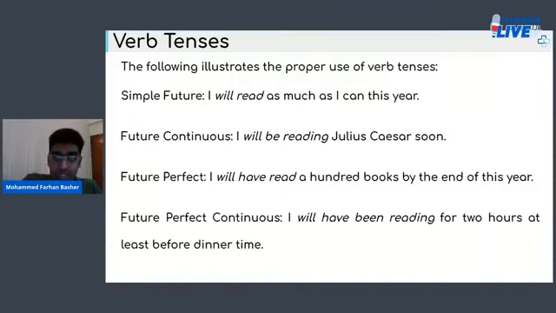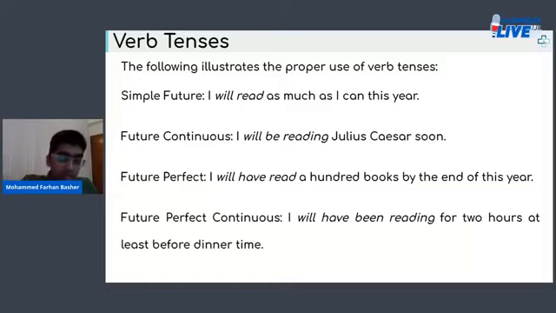So this year it's 2020, next year is 2021, and you say when you will reach 2021, or when you will be in 2021, you will have finished, or you will have been studying, because studying is a continuous work. Only this time this work is not complete, right? So you say I will have been studying in this college for 4 years by next year. In the future perfect tense, you expect the action to be complete by a certain future time. But in the future perfect continuous tense, you don't really mean that you will be complete, but rather you will be continuing to do that action